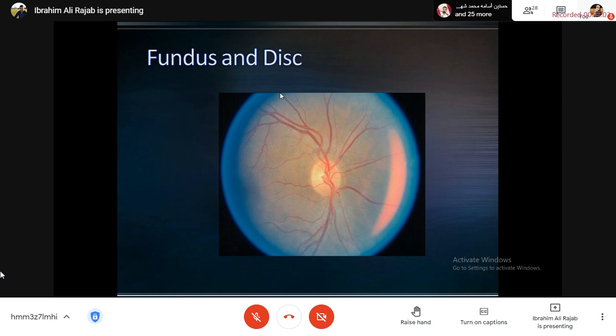She said we have a normal central cup and a normal neuroretinal rim because she noticed that the neuroretinal rim has a normal color of orange to red, and the central part of the cup is small and whiter, yellowish to whitish in color. شكرا آية أحمد. يلا